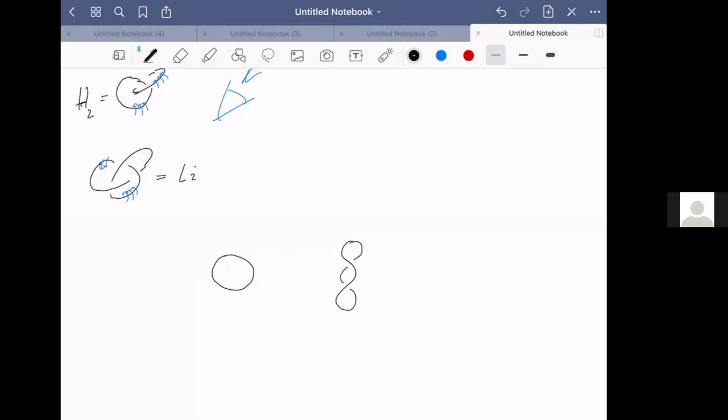And the question is, are these two things equivalent, or are they inequivalent? In other words, can I take this picture and somehow untie it without using scissors, without cutting any of the strands, and turn it into this? If it can be turned into this, we say they're topologically equivalent. And if it can't be, we say they're topologically inequivalent. If they're topologically inequivalent, we would say that there are two entries on Tait's table of knots. They would correspond to two different elements, I guess, of his periodic table. If they can be deformed into each other without cutting, then they're really the same entry in the periodic table.